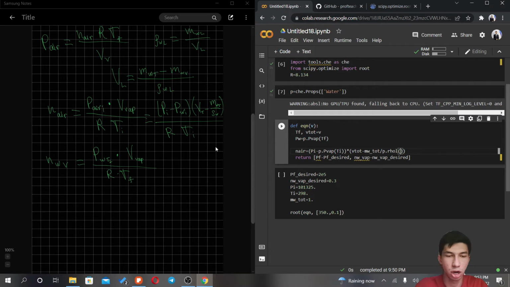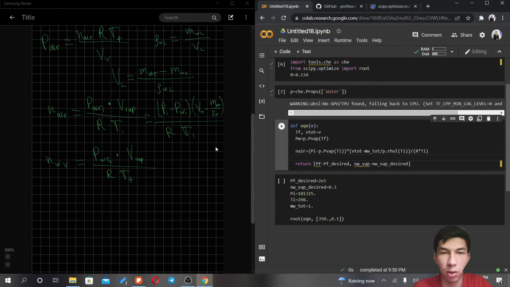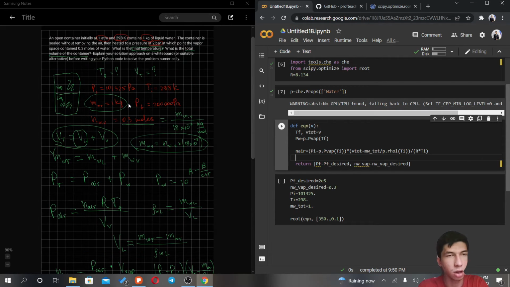In temperature initial, right? And everything would be divided by R multiplied by temperature initial, right? So we got our next equation. Then we also now know that the volume of the liquid is equal to the subtraction: we subtract the volume of the vapor from the total volume. And we also know that the volume of the vapor,